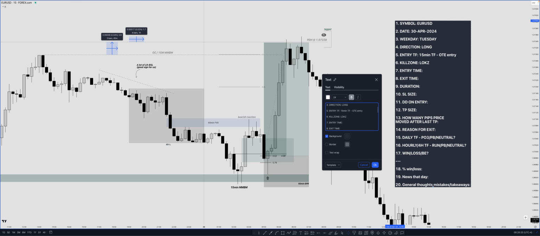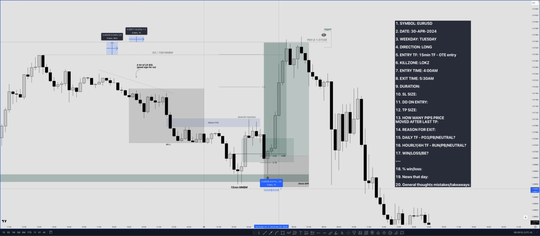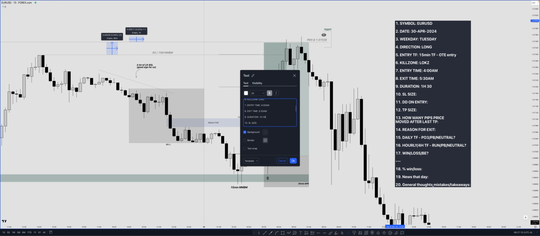It was long on kill zone. Entry time. You look at the entry, you can see it's 4 a.m. Exit time. So this is when you are taking partials, you want to list all of them. When exactly you took those partials. Let's assume we had fixed targets right at the previous day's highs. So that would be 5:30. Duration. So we want to track the duration to know what's the average, how long usually our trades take to play out. 1 hour, 13 minutes,